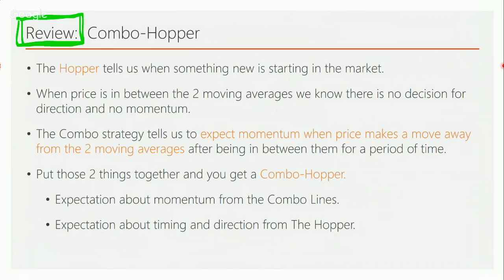So the combo strategy tells us to expect momentum when price makes a move away from those 2 moving averages after being in between them for a period of time. And you put that together with the MACD hopper, and you get the combo hopper. Expectation about momentum from the combo lines, expectation about timing and direction from the hopper. So put it together, it's a combo hopper, it's a hopper opportunity or a hopportunity, and there you have the